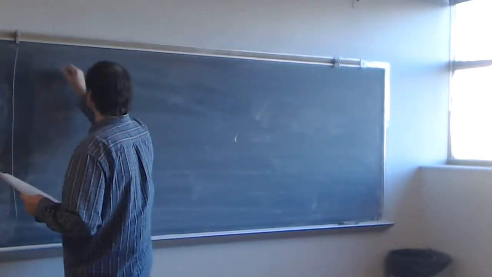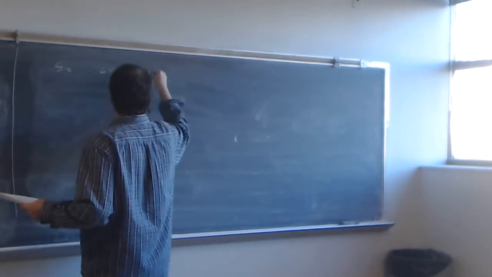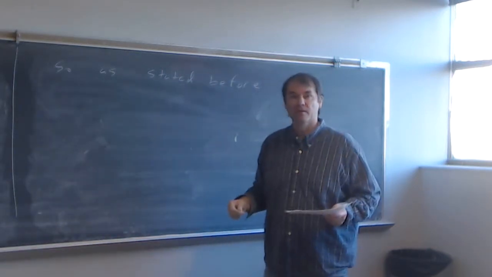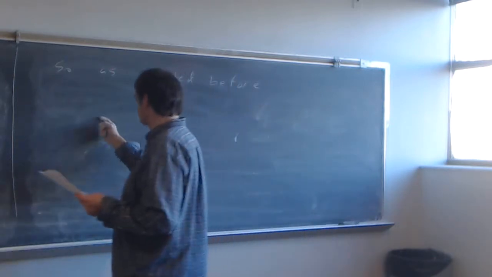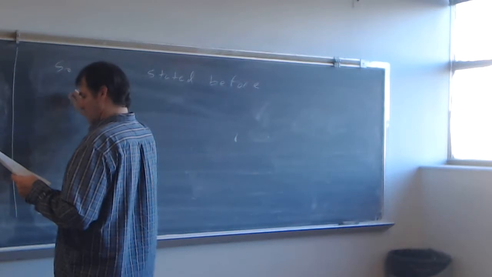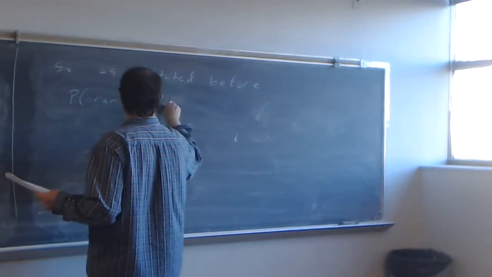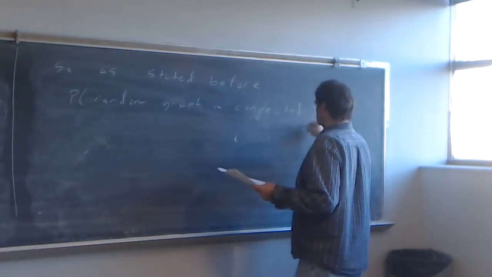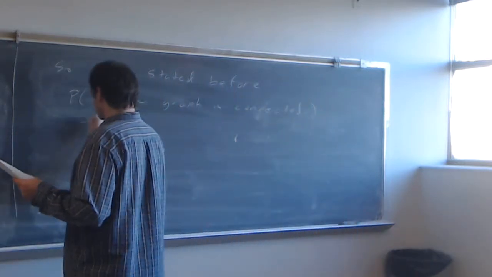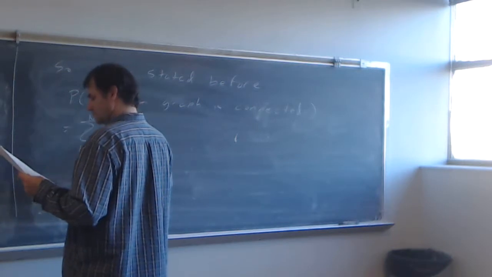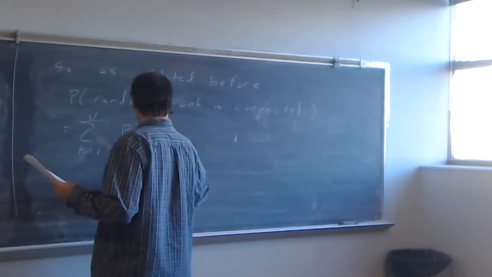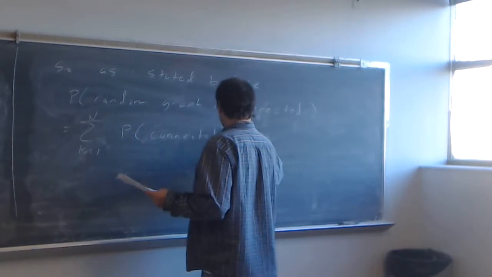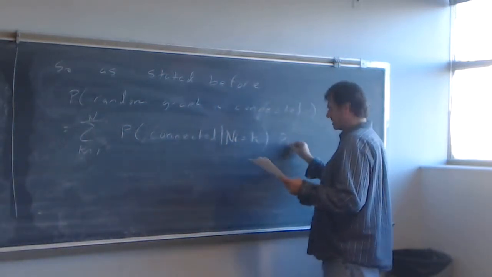So, as stated before, we're trying to prove that the probability the graph is connected. Okay? So the probability the random graph is connected. So we were conditioning on n equal to k. It's equal to the sum, as k runs from 1 to n, of the probability the graph is connected given n equals k, times the probability n equals k,